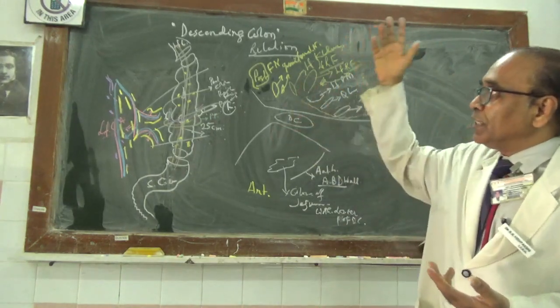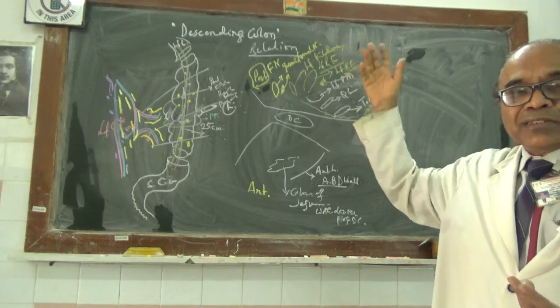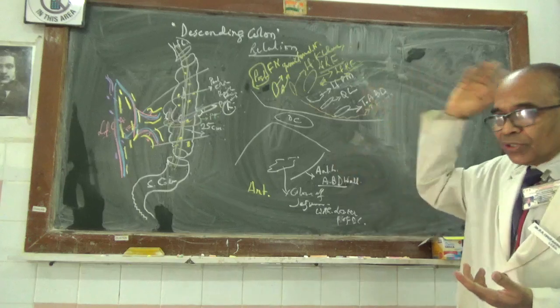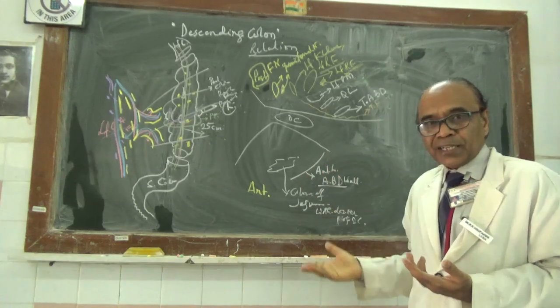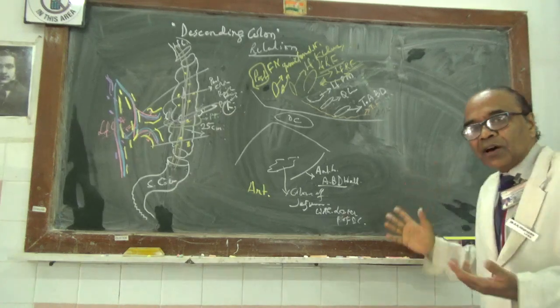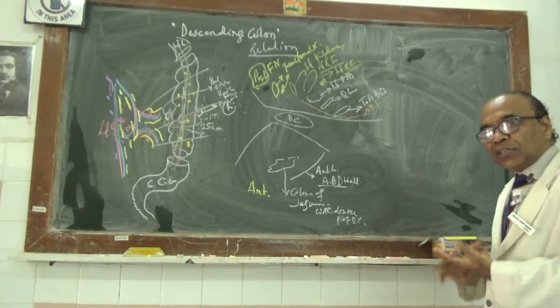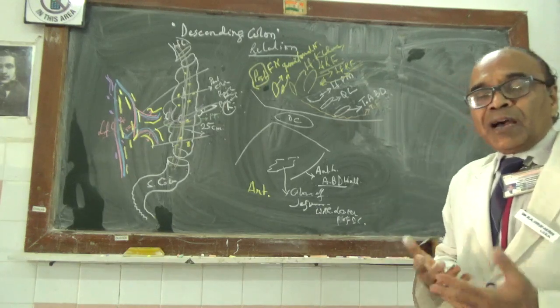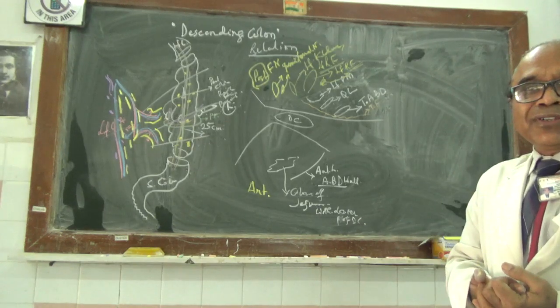Not only the descending, transverse, left colic, right colic, and the ascending and the cecum, the ulcers are sometimes found. It is nothing but the tear part of the mucosal lining of the colon. Those are called colonic ulcers. So with this, the applied anatomy of the descending colon is finished.